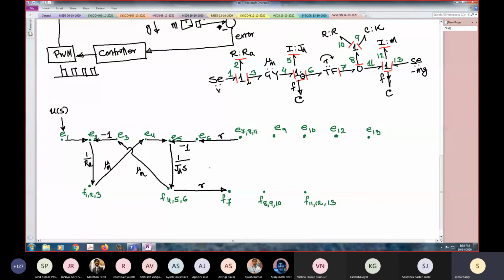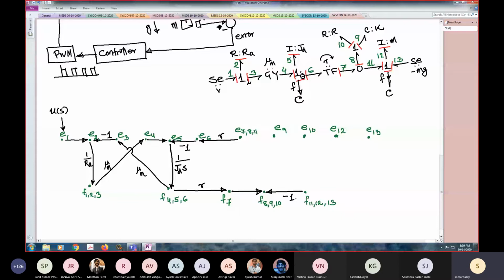So this is done. Then we go to that zero junction. Now at the zero junction, efforts are same. E7, 8, 11 are same. That is already put. We will have an algebra of flows. So here the strong bond is bond number 8, so we have to calculate F8. F8 is F7 minus F11. So F8 is calculated. Now there are no elements attached there, so nothing to do.